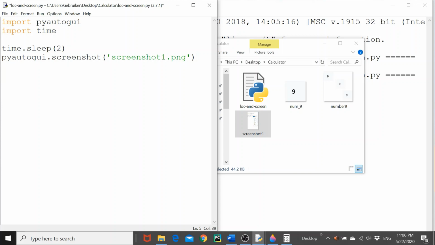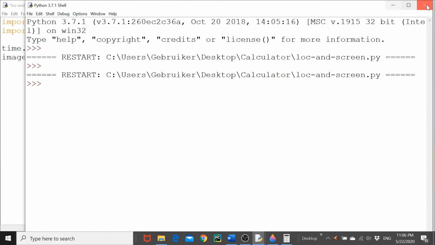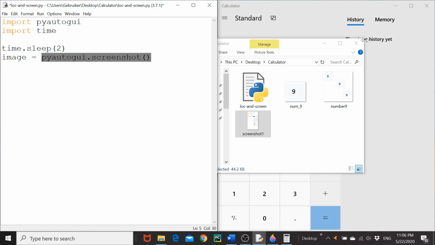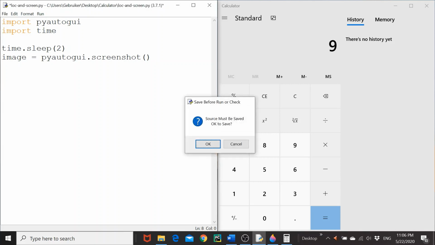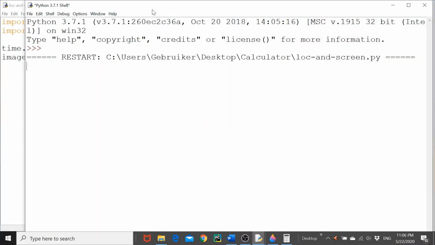Now, if you want to check whether a color matches that of a pixel, in order to demonstrate that we're going to create a variable image, which would be equal to PyAutoGUI.screenshot. So we would take a screenshot and store it as an image variable. And that image is now, well, what we see at the moment, that is our image. What I want to do is check, I'm going to print, or well, in this case, if I'm using the console, then I don't even need to print, but